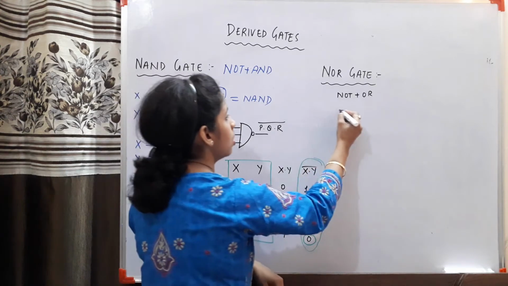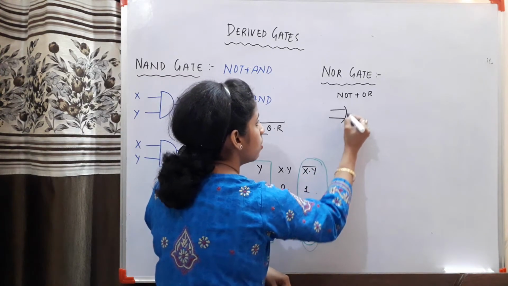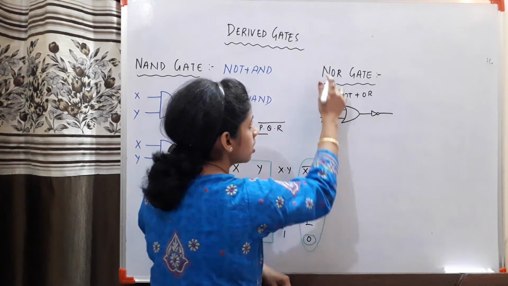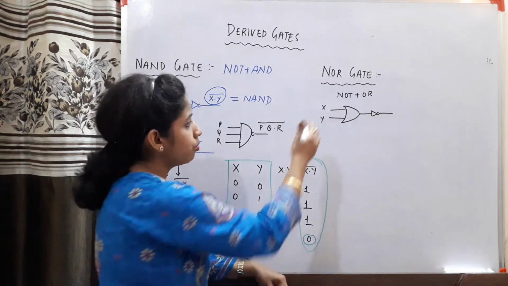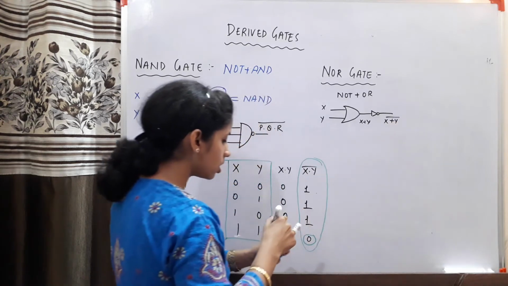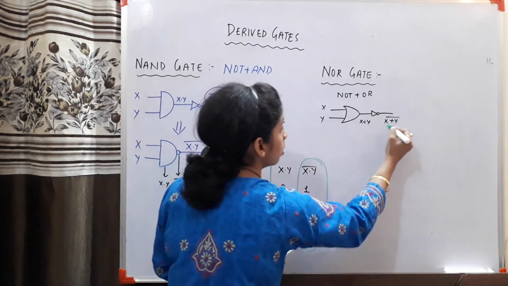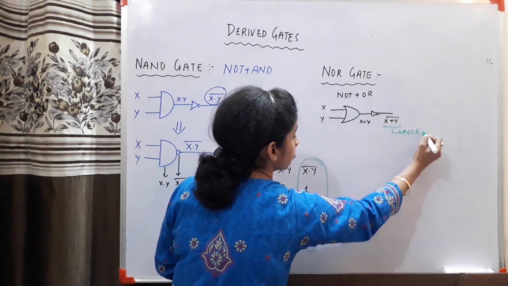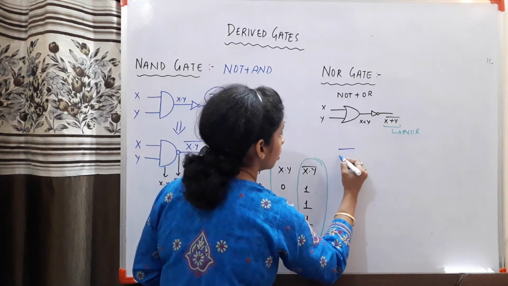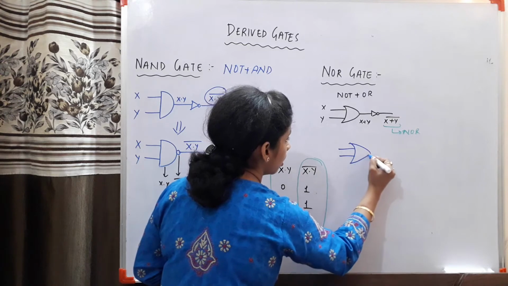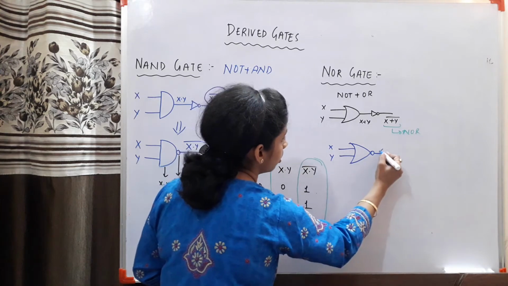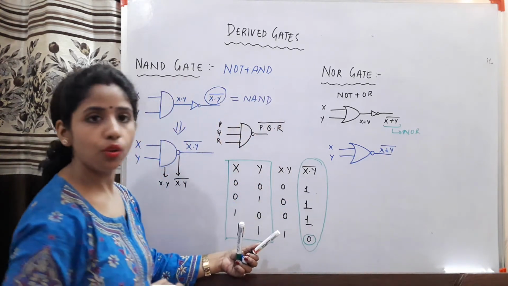Clear? So again, if I talk about its symbol, first of all you put OR and then in the sequence you put NOT. So if x and y are given, this is again a binary gate, so two inputs have to be given, then it will be x plus y and this will give x plus y whole bar. So this is the final output of your NOR gate. So see the final circuit. Final circuit will be like this portion of OR and only the bubble of NOT. So it will be straight away giving you x plus y whole bar.